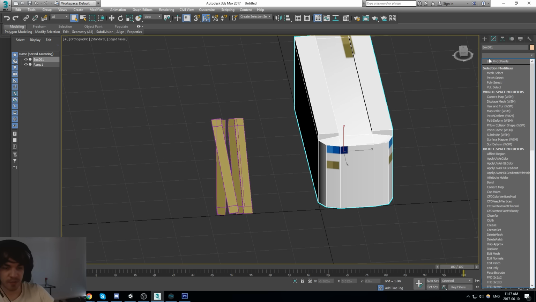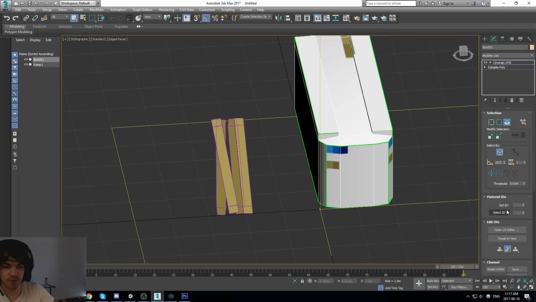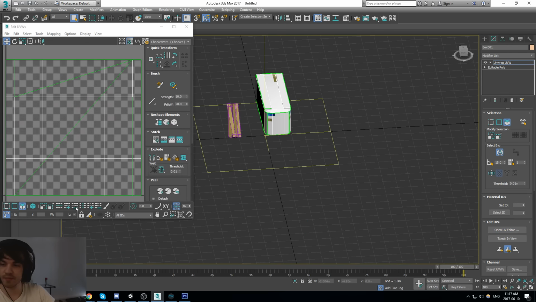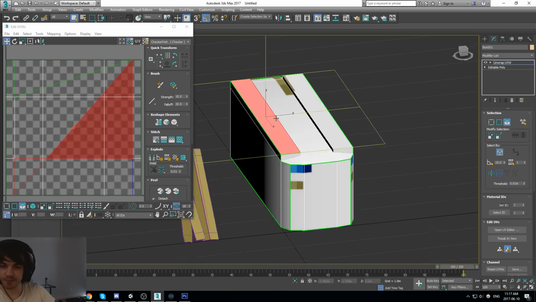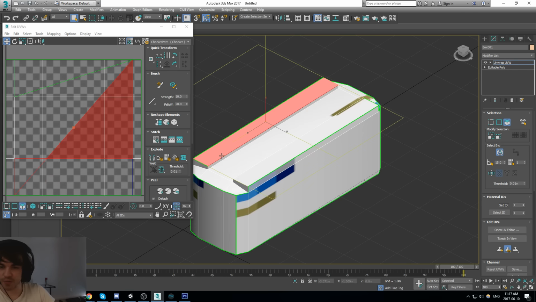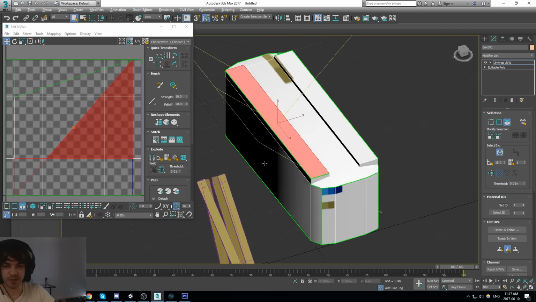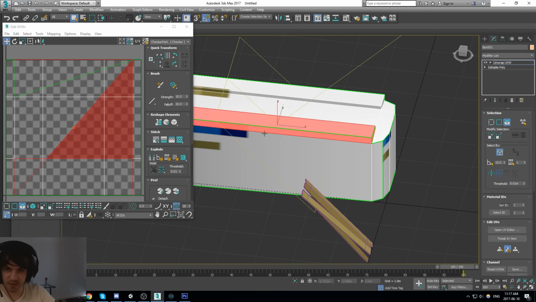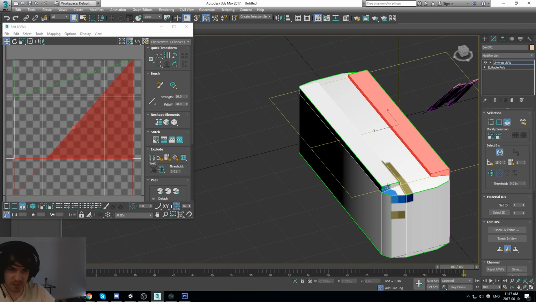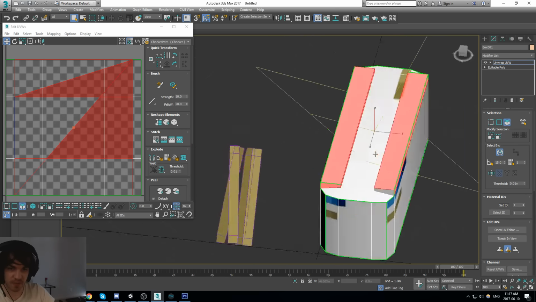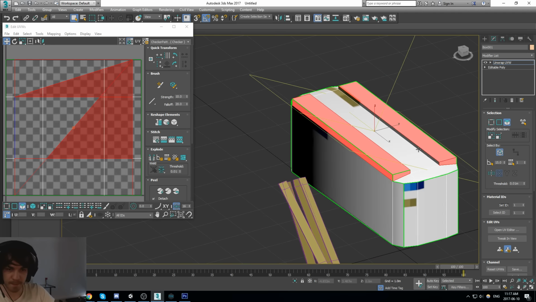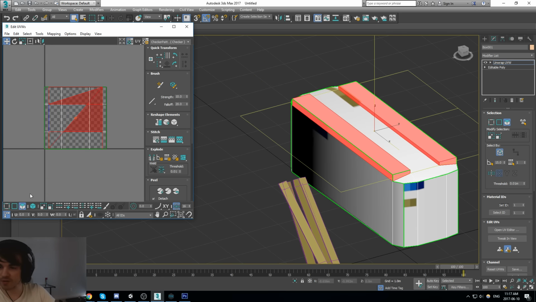Alright, while that might look awful right now, and it is awful right now, it's gonna look a lot better when everything is completed in the same exact style. So I'll just make sure I select all of these, put a blue color on it. Boom, so I have all my faces selected. Try to collapse everything into one.